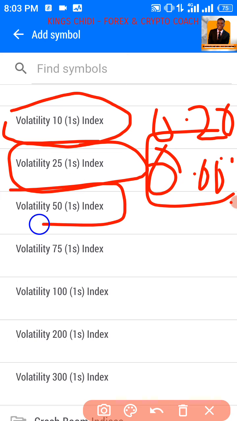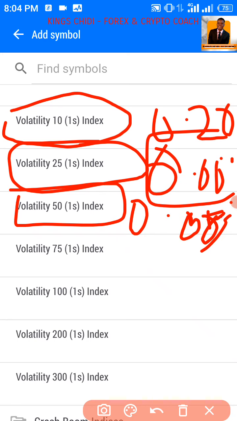Then volatility 50 1s, this is very volatile. I mean very volatile. If you want to trade it, you need like a minimum of $50 account or $100 account. So that's what you need. And the lowest lot size is 0.005 still. That's the lowest lot size, 0.005 for volatility 50 1x. Not that you can't trade it with a $5 account, you can trade it with a $10 account,